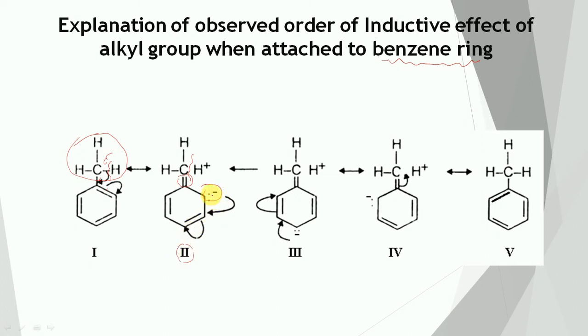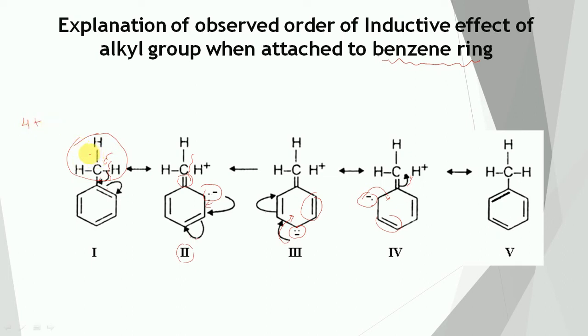Now this lone pair of electrons will take part in the pi bond formation, and this pi bond will shift toward this side. Negative charge now comes here. Structure number 3 will get formed. Now this lone pair of electrons will take part in the pi bond formation. This pi bond will come here, negative charge comes here, and a fresh pi bond will appear here. Now this lone pair of electrons will take part in the pi bond formation, and this pi bond will go back. Structure number 5 will get formed. So we are having 4 structures.